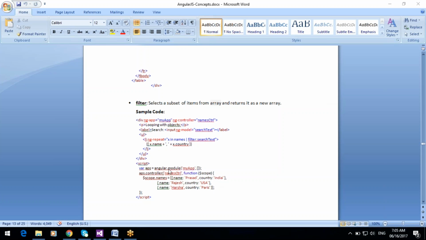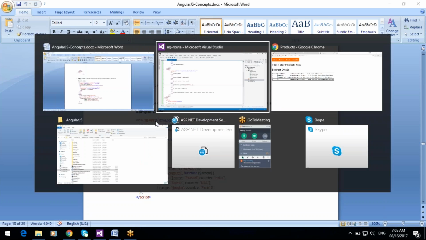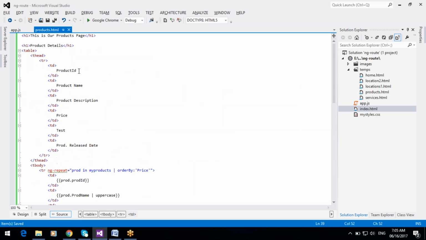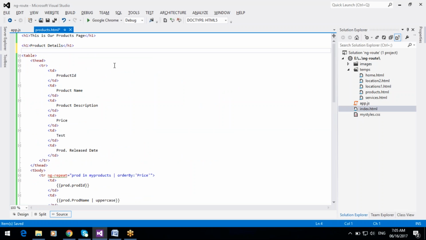In your application, thousands of products are there, and you want to search for a particular product. So here you can provide a text box. When you type that product name in the text box, it will filter the product from thousands of products and display that product in the table format.